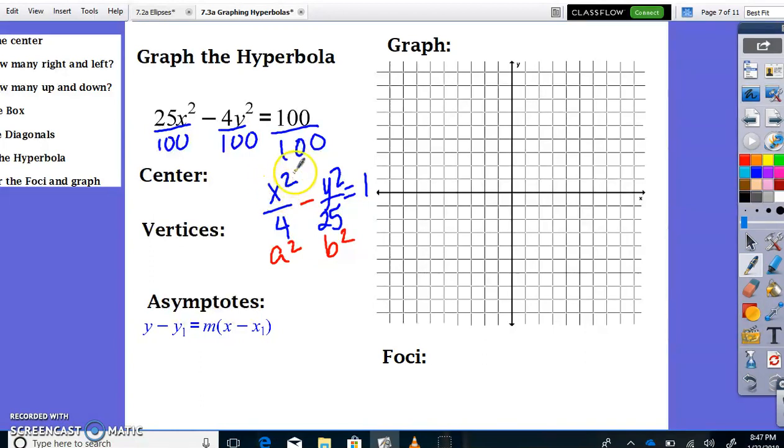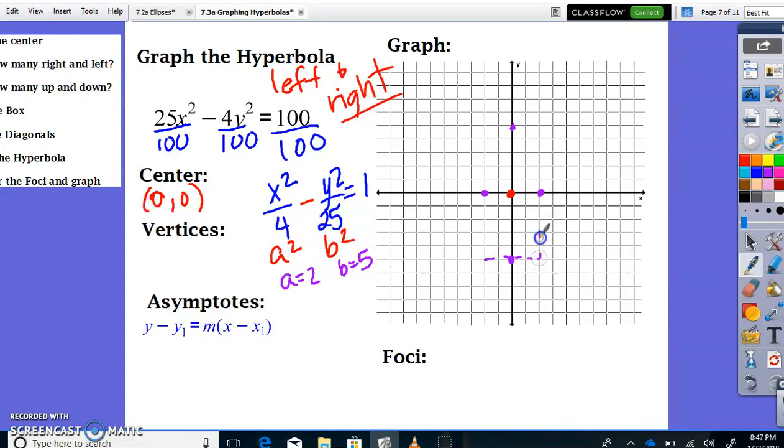Again, since this one is x squared first, this one opens left and right as well. I'm only allotted 15 minutes for this video, so I have to try to hurry here. The center will be 0, 0 again, so we'll start at 0, 0. Along the x-axis then, I will go over 2 and to the left 2 because a squared is 4, so a is 2. B squared is 25, so b will be 5, so that's up 5. And then from the center down 5. That's going to give me my